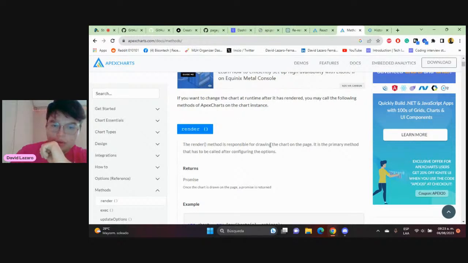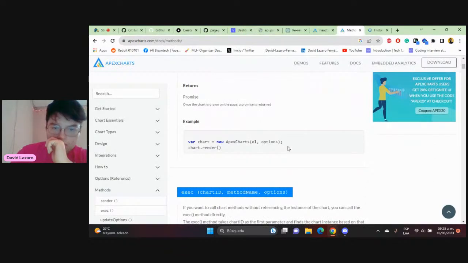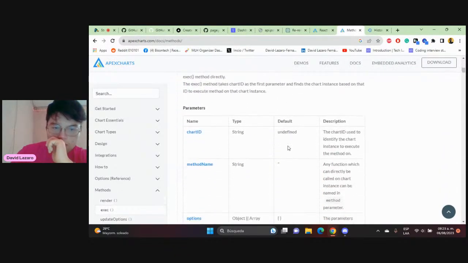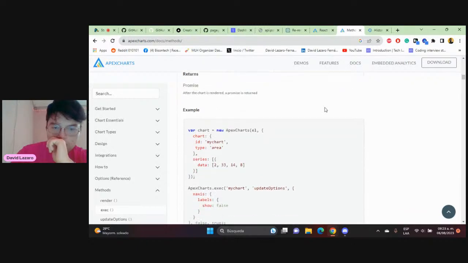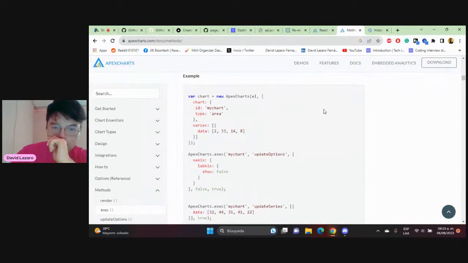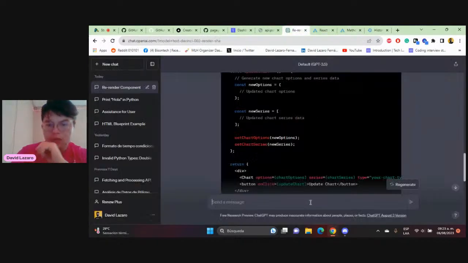The render is responsible for drawing the chart on the page and returns a promise. So how can I render an Apex chart in the